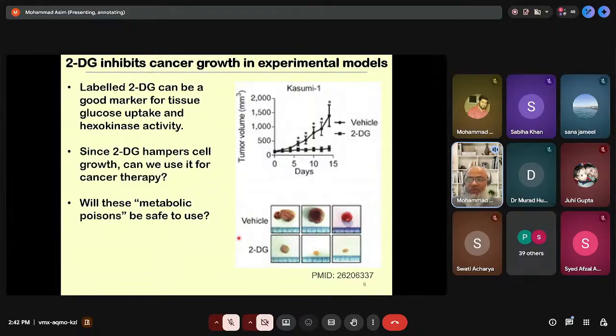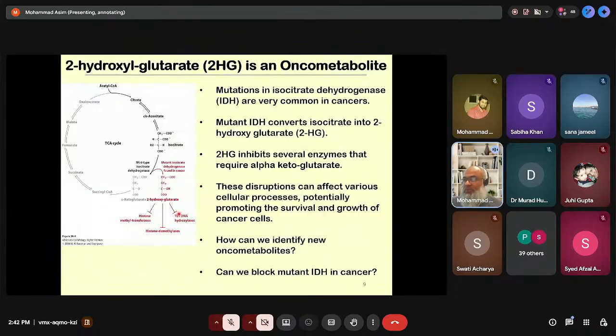So I will stop after this next slide I'm going to show you. This is quite interesting. Again, some changes happening in the metabolic pathways, giving rise to new things. For example, if you have this aerobic glycolysis, you see that these cells become super hungry for glucose, right? You saw that in the previous example. In this case, what is happening because of some alterations, some mutations, to be precise, cancer cells start making some metabolites which are missing in normal human beings. One such metabolite is called